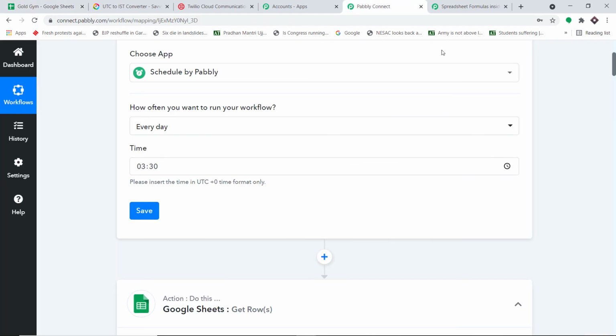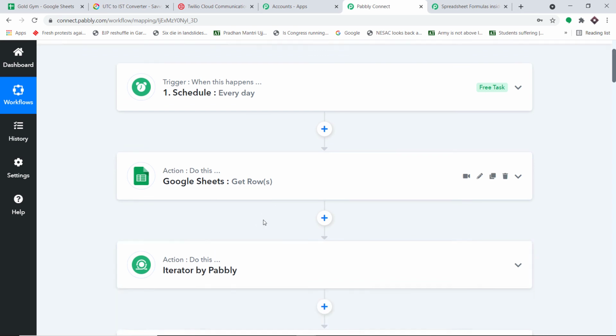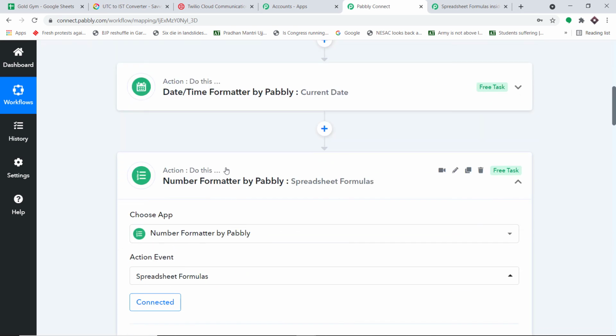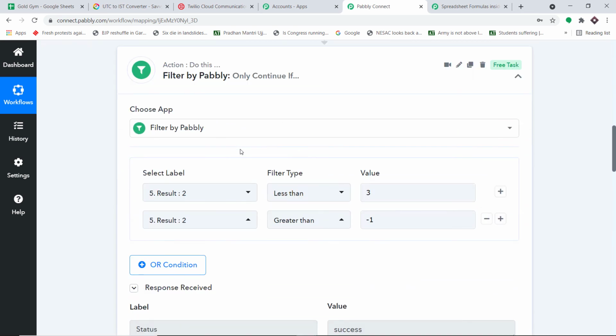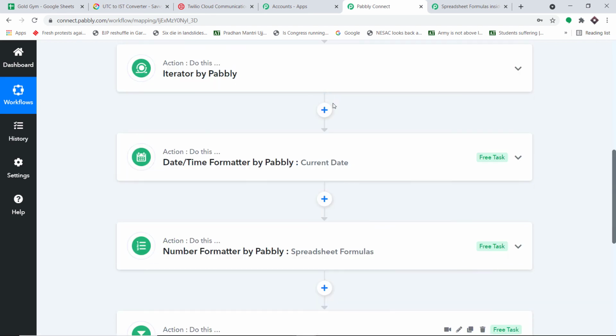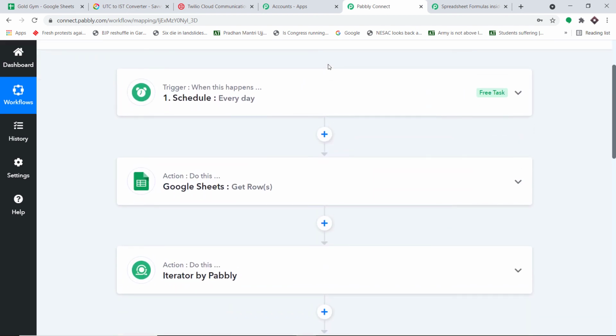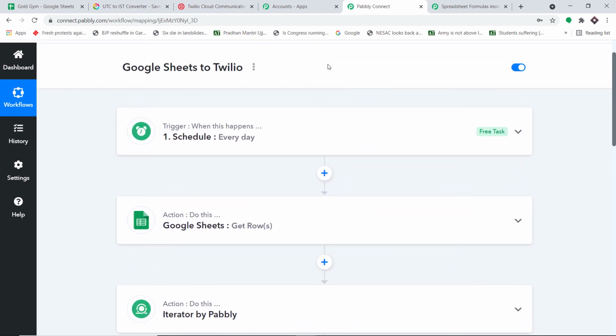So before you leave, let me just explain the whole mechanism in a nutshell. So let me just minimize all these windows one by one. Okay, so I have minimized the windows. Let me minimize, it's actually too many of them. I do understand that this can be a bit of a tricky workflow, but it's totally worth it. Once you create this workflow, all you have to do is just sit back and relax, because every time the expiry date nears, the trainee will be getting an SMS from you.